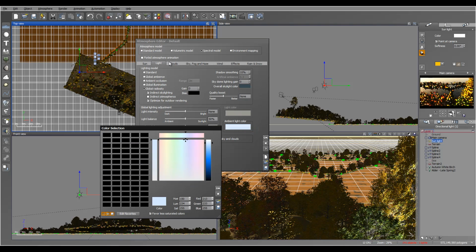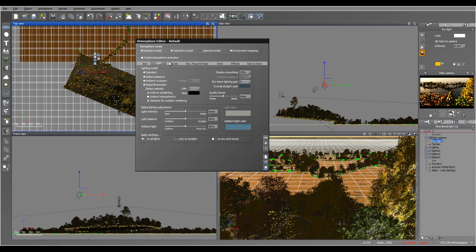Also, for ambient light, let's switch more to desaturated and a little bit darker. That will bring some yellowish light to us, but we will rebalance that in a second. And here's the thing: we can go to ambient light, which gives us a flatter look, or a little bit more toward sunlight. And actually I'm going with about 63,